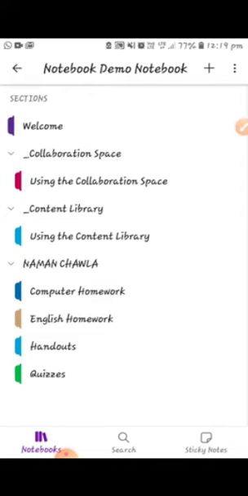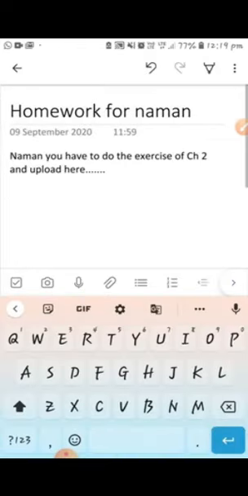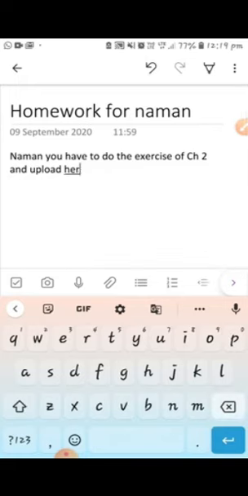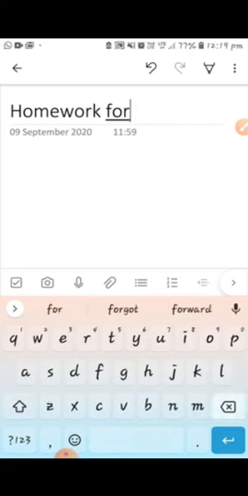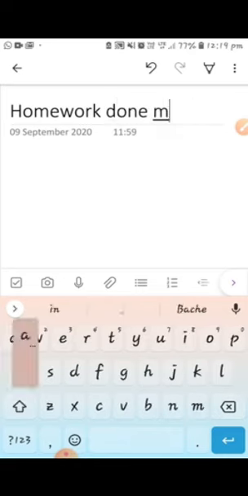Now here it is Naman Chawla. I am clicking on computer and homework for Naman. Naman, you have to do the exercise, and now Naman can delete the message also. Okay, he can change the content. I am just writing homework done, ma'am.